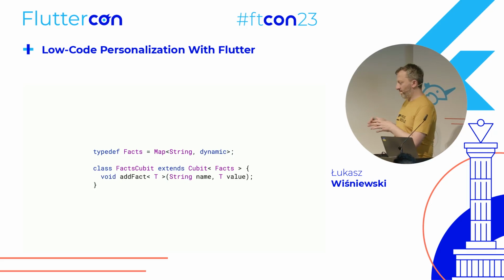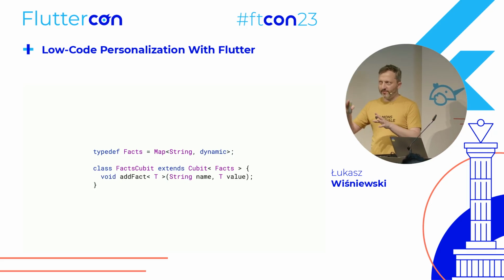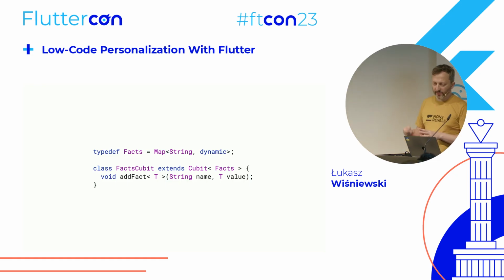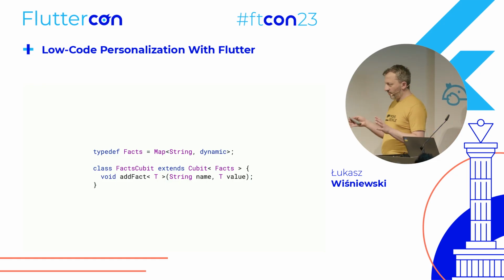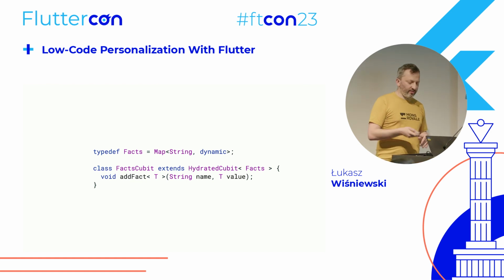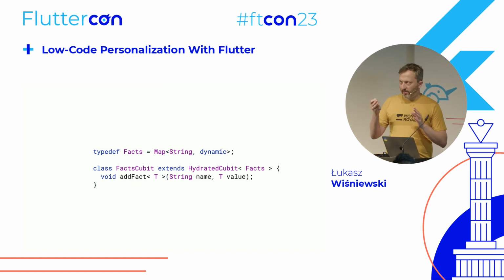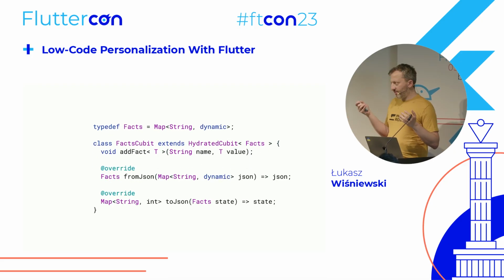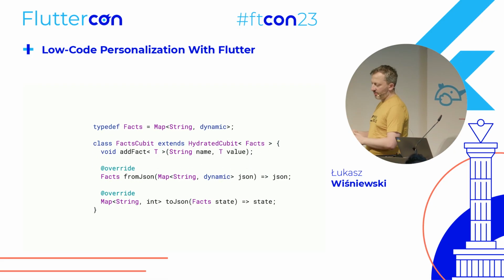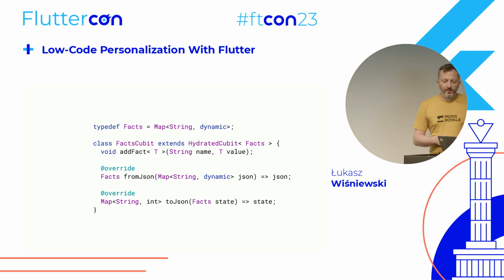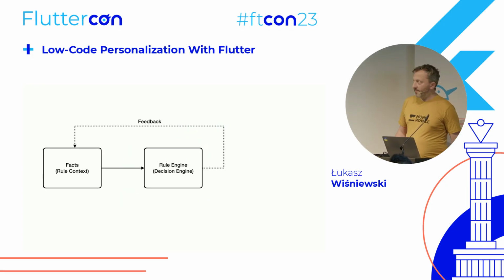And we want to formalize the facts, so that we can add new facts as you go along in the app. So we'll have a method for that. And with little effort, you can even persist it across session kills using hydrated cubit, because the expression package needs JSON, a Map<String, dynamic>. So that's pretty easy to have.